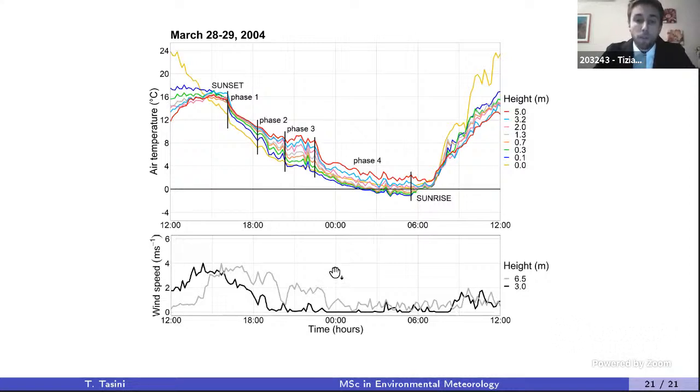So this wind, the Ora del Garda, flows over an initial stratification layer that is deposited near the ground, and